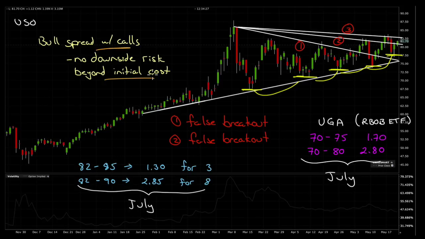No downside risk beyond the initial cost, being that the pricing of gasoline is so high right now. I can't see how it does not affect consumer behavior in terms of when they decide to drive. It has to. So if there is demand destruction here, I don't know that you will get that much on the upside. I don't know that prices will drop, but I don't know that prices will increase. And prices could drop. You don't know.